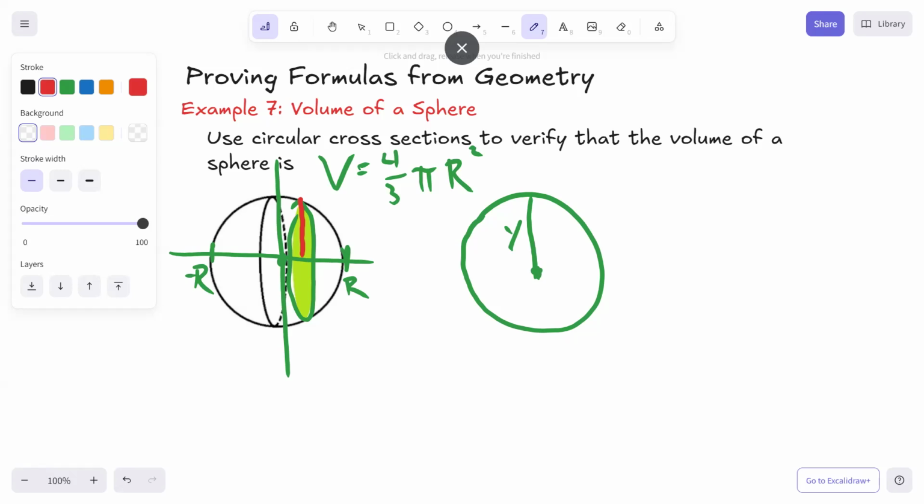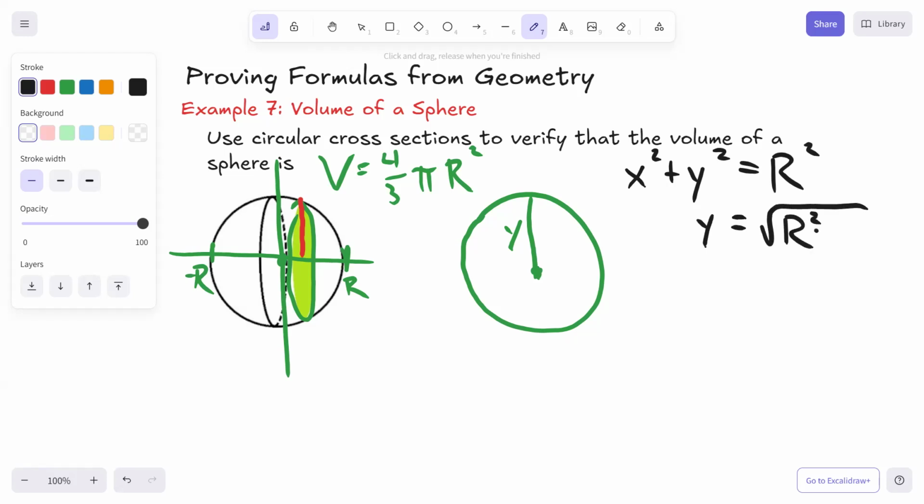So at any given x coordinate, the radius of that circular cross section is given by the y value. Now, if we look at the sphere as a circle, the formula for the circle that encompasses the sphere is x squared plus y squared equals r squared. That implies that y equals the square root of r squared minus x squared, if we just solve that for y. The reason that's important is that it gives us a way to determine the value of y,